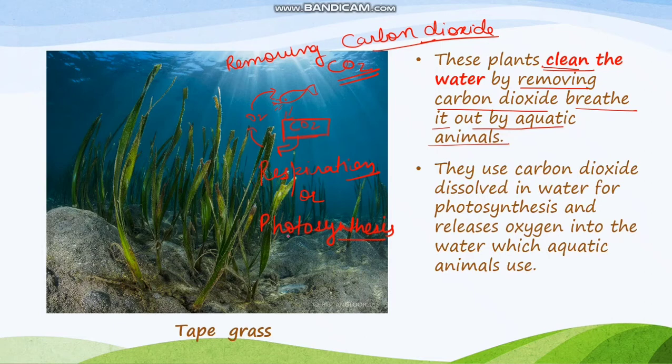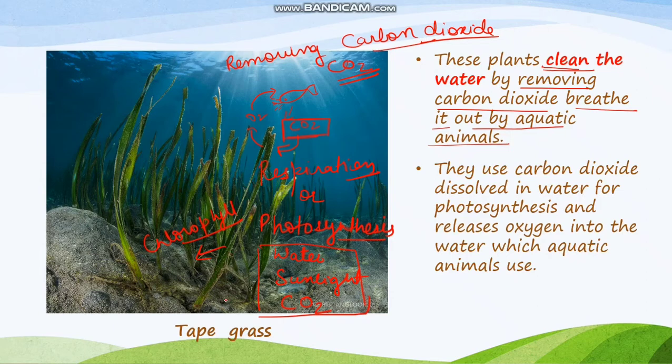We know for the process of photosynthesis they need water. तो water में तो already है ही, so there is so much of water. Sunlight is already coming. You can see sunlight is coming, and then it needs CO2, and this CO2 they get from the aquatic animals, and by this they are able to do the process of photosynthesis, and it is green, and chlorophyll is already present. Chlorophyll भी यहाँ पे present है. So इस सब के मदद से they are able to prepare their food also.